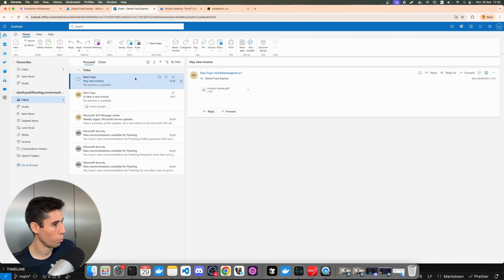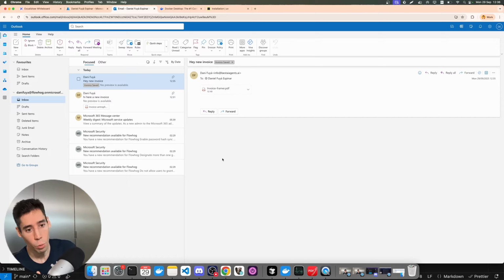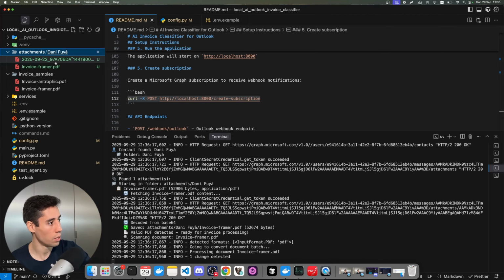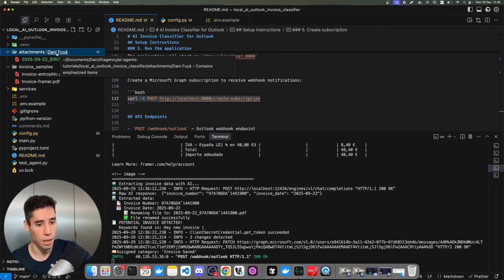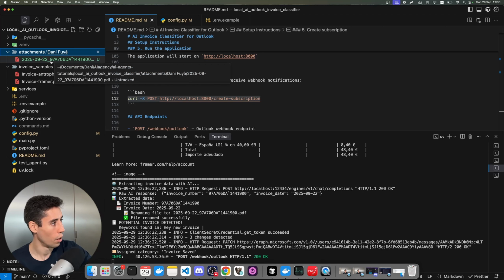All right, new invoice. So actually it took some time, but what happened was we received an invoice. The invoice was sent to our system. The system tried to extract the date and the number. So actually if we go to here in these attachments, in this folder, we will store the different invoices that we receive from our client. So remember that in my case, I set the folder to be Danny Fuya. And now if I open this